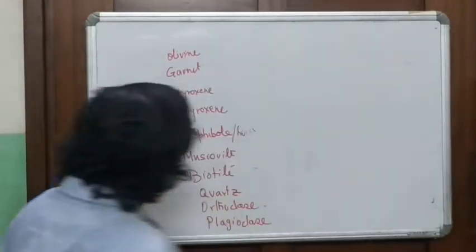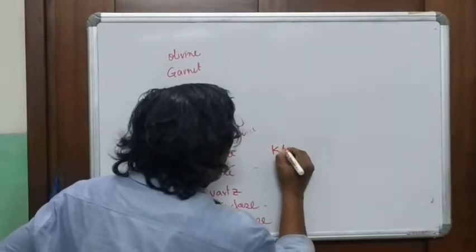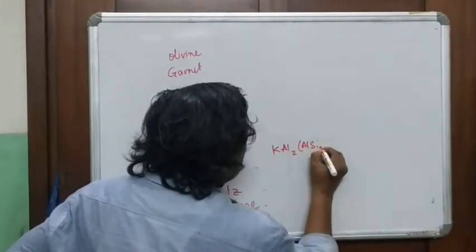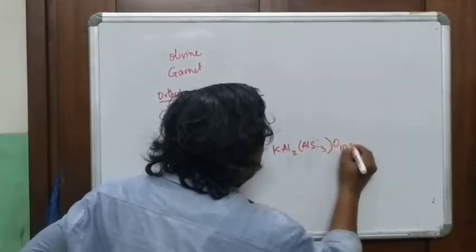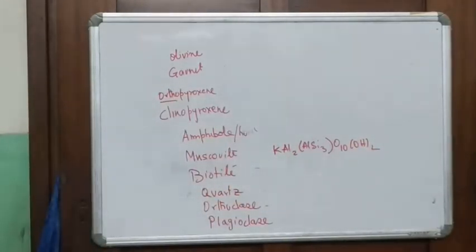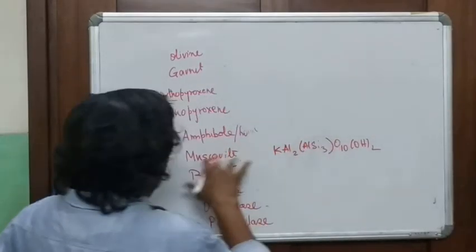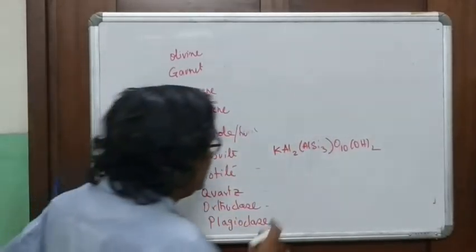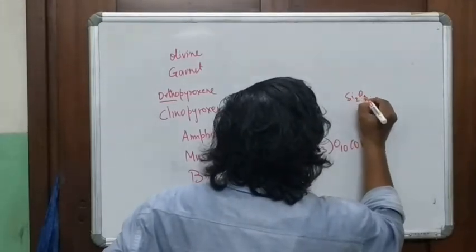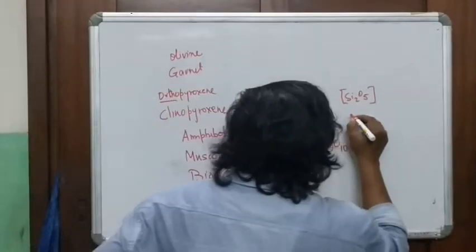Then we have muscovite. The formula is KAl2 AlSi3 O10 (OH) twice. That's the formula of pure muscovite. Here there is a problem. Muscovite is a phyllosilicate, so it has Si2O5 as the basic building block. If I double it, then it should be